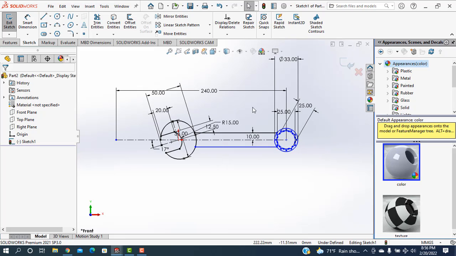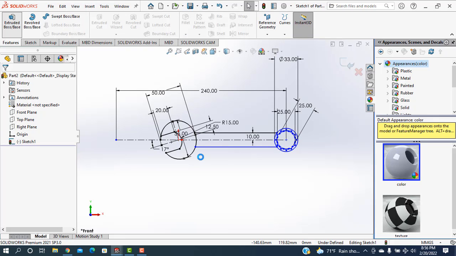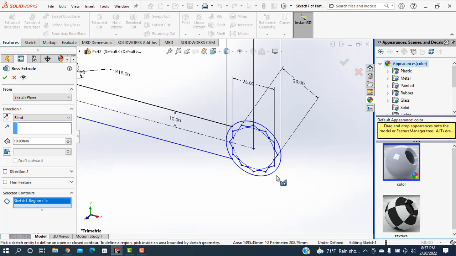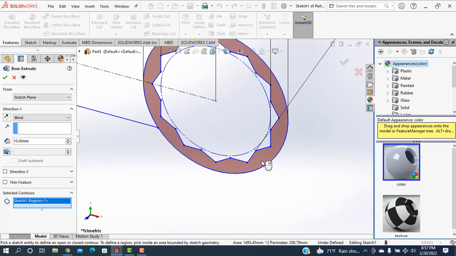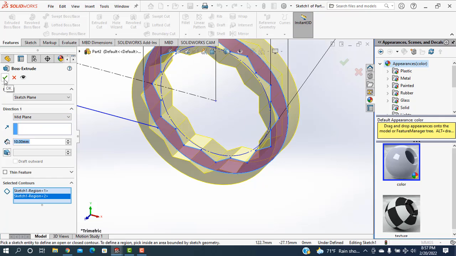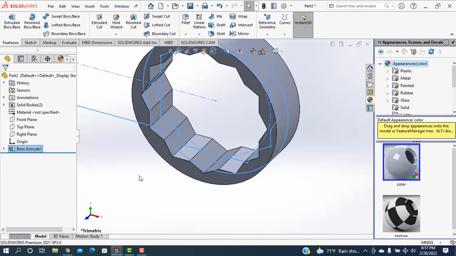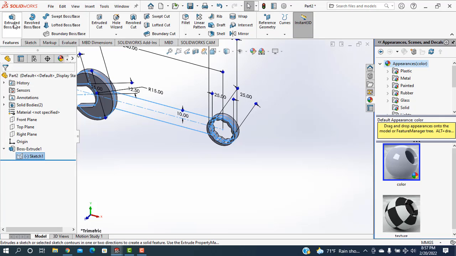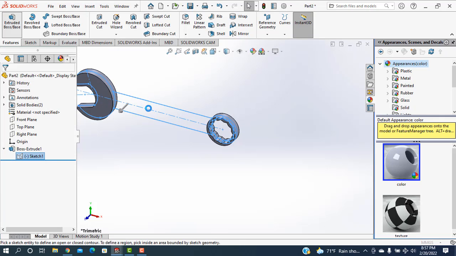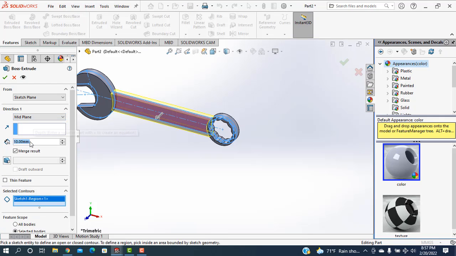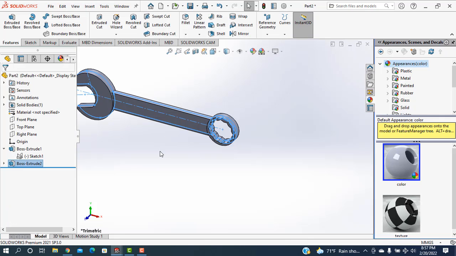After that, I'm going to the features. Extruded boss is selected. Extruding this portion and this portion. Going to the mid plane and taking 10 millimeters. Okay, done. Okay. Then again going here and sketch. Going to the extruded boss and click on this mid plane. Going to the mid plane and taking this one just 6 millimeters and merge results. Okay, done. See,